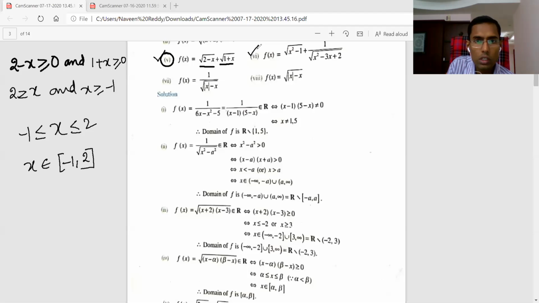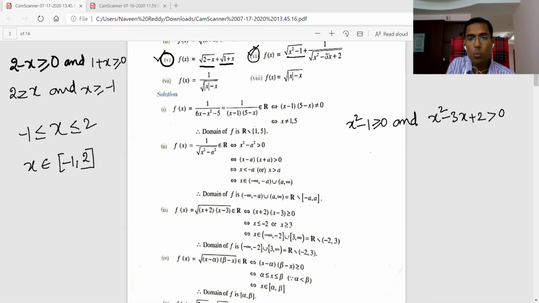Okay, now let's do this question. What is that sixth question? Here again, f of x equal to this and this is there. For this function to exist, x square minus 1 must be greater than or equal to 0. And also here there is a root, but it's in the denominator. When it is in the denominator, as we already discussed, it is only greater than 0. It cannot be 0 because it's the denominator. Because it is a root, it is positive, and because it is the denominator, it cannot be 0. So therefore only greater than 0.